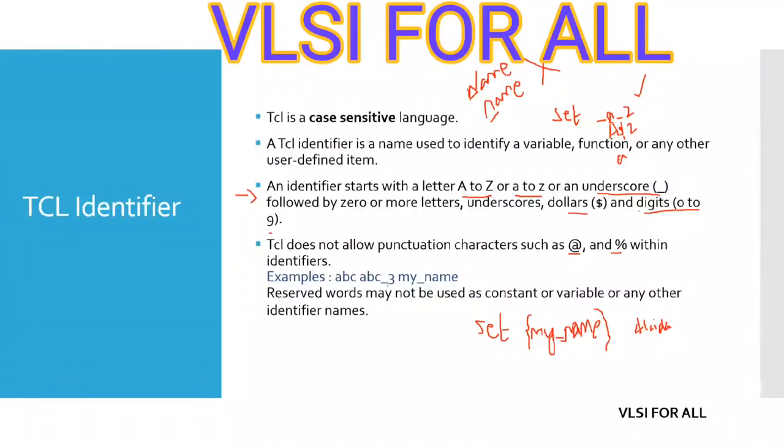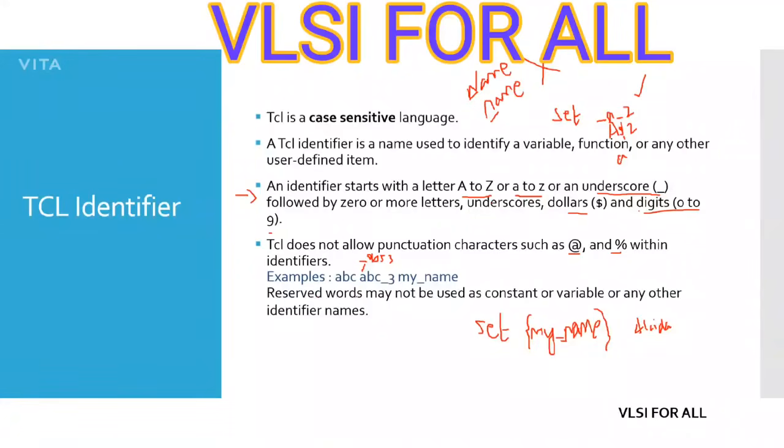So this is also a valid variable, as it starts with a letter. It can have underscores in the upcoming letters, and it can have even numbers. So 3 is also there. And this is also valid if it just has underscore A, B, C, 3. So these are all valid. If it starts with an underscore, it's still valid, but it cannot start with any other special character like dollar or at or percentage. But dollar still can be there if it's not your first letter. So these are certain things which you have to remember.